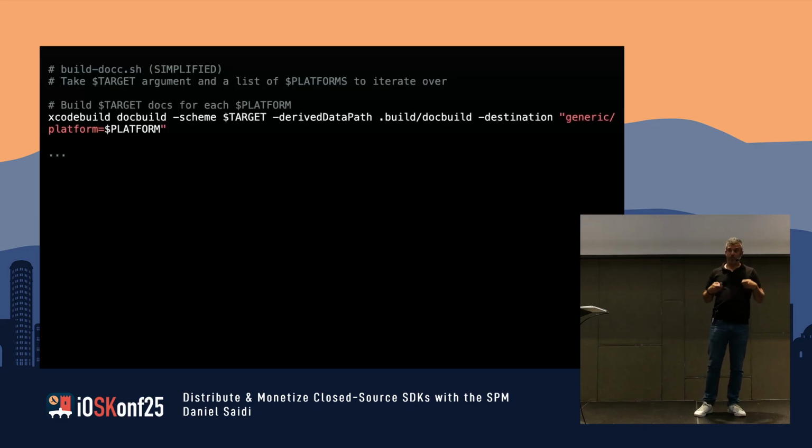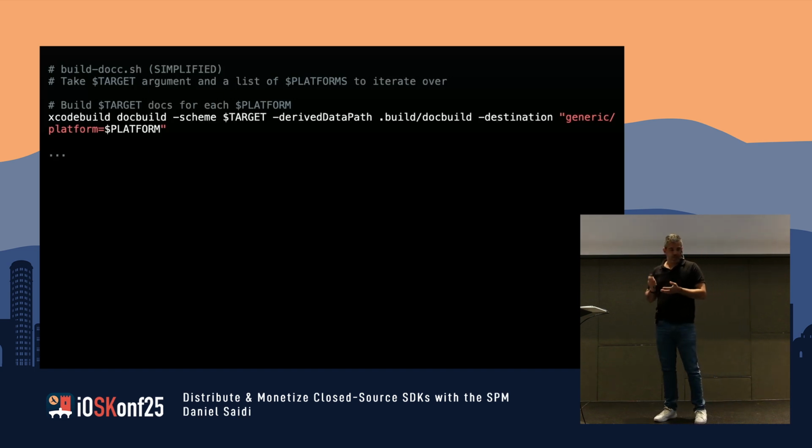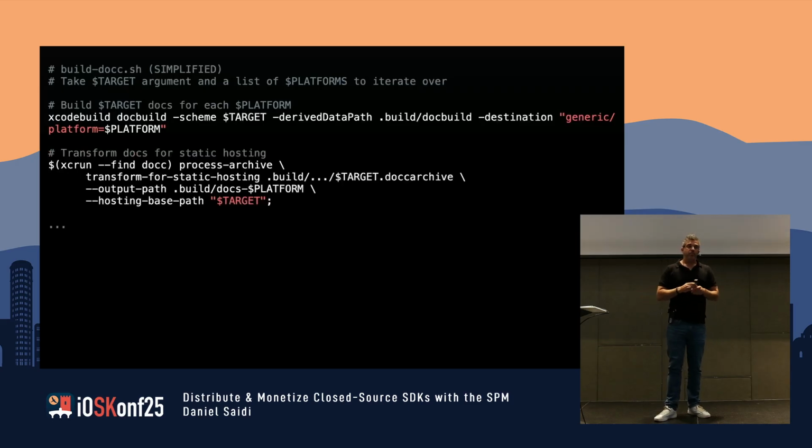This can take time, so if I just need the iOS documentation, then that's all good. I just build it for iOS. You call the Xcode build doc build command with a scheme, derived data path, and all of that. And then you transform it to be hosted for the web. So this command, xcrun find docc process archive,